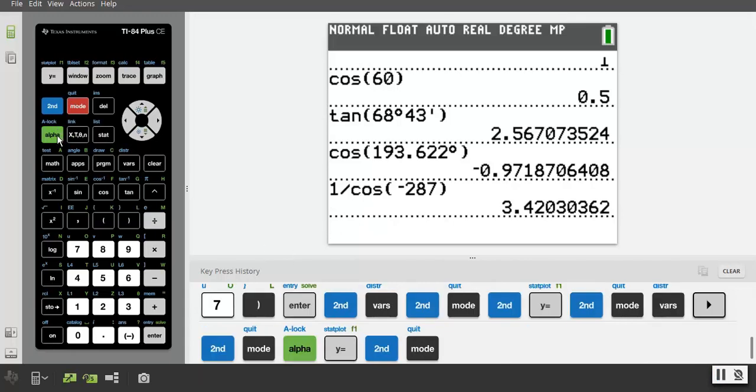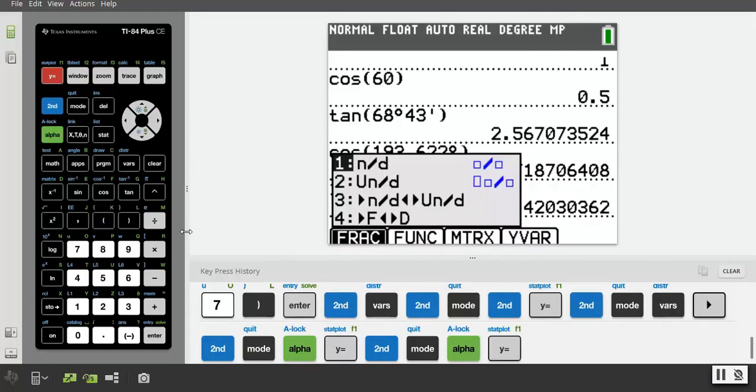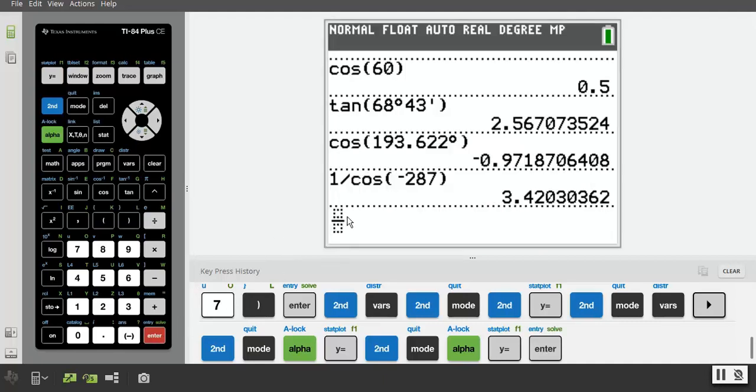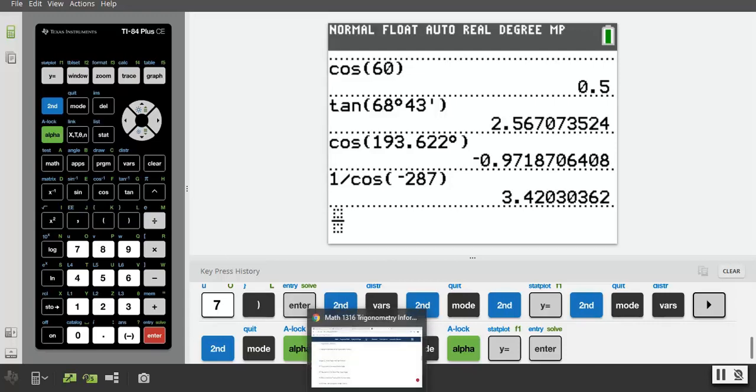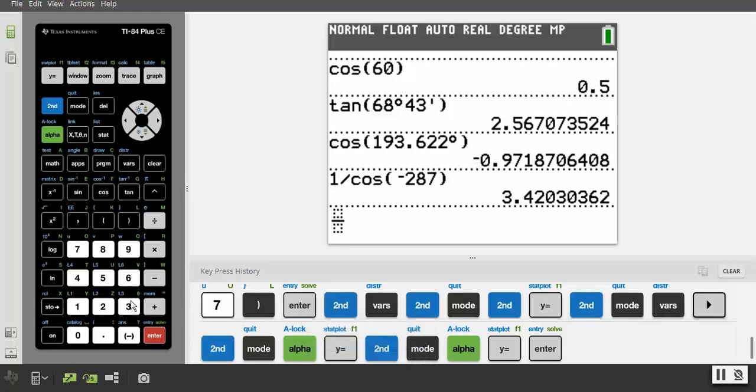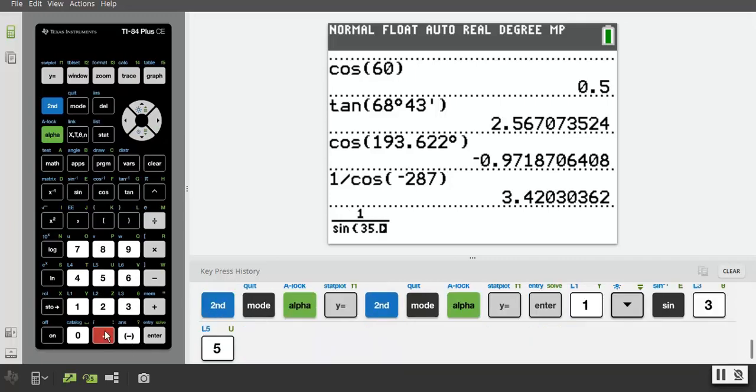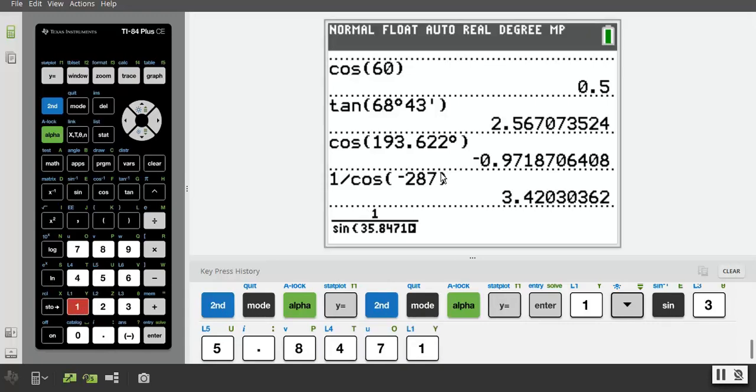Okay, so let's say that we just do alpha y equals, and this is actually going to give us the rational expression, so we can just type it in like that. So let's see, we're going to do secant, cosecant, so 1 divided by sine, and then we're going to put 35.8471. Now, I didn't put the degrees back over here, so you should notice that it gave me exactly what